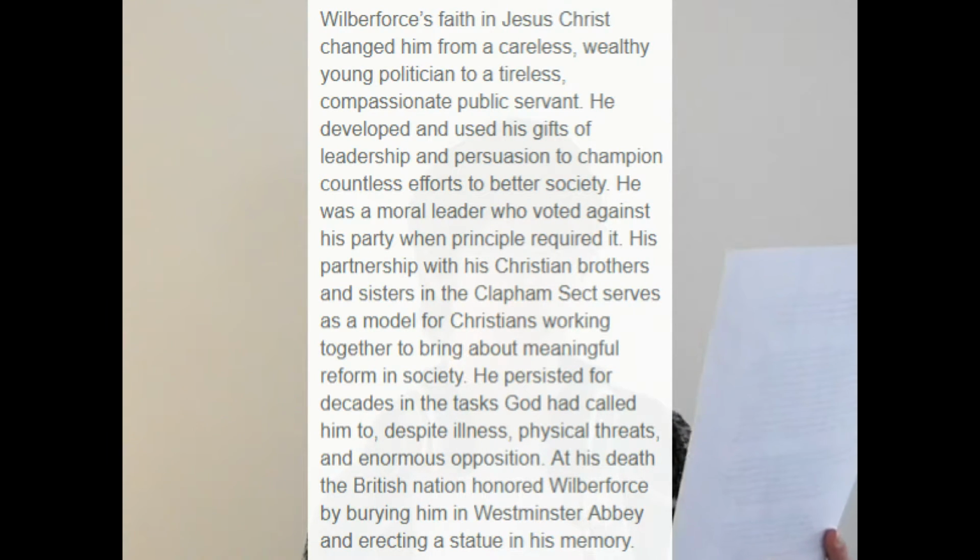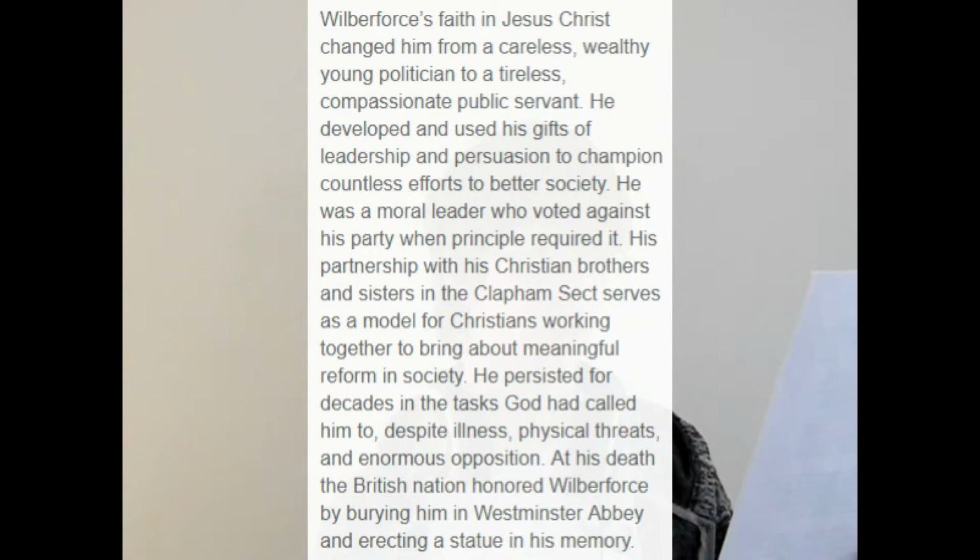So, what happened because of Wilberforce's work? Well, for one, the slave trade was abolished, as stated earlier, multiple times. One of the only real effects Wilberforce's work had, that I could find at least, was that, well, it'll be easier to just read the giant quote. So, here we go. As said by the Wilberforce School, Wilberforce's faith in Jesus Christ changed him from a careless,